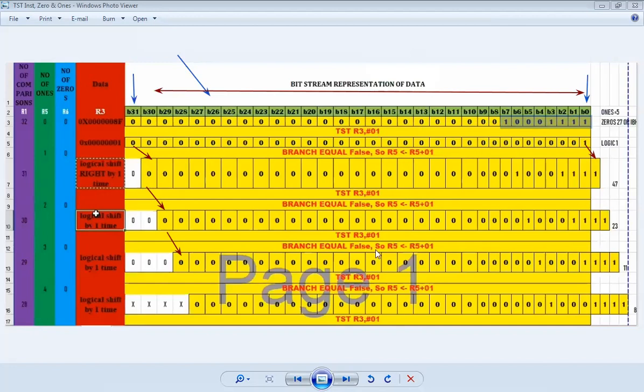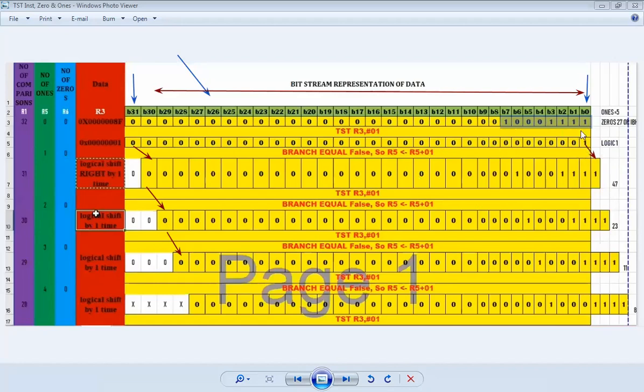When we do an ANDing operation, there isn't any change in the data. When we do the ANDing operation on R3, does it reflect on R3 or not? No, that's what the result is. It is not affecting anywhere. Only the flags are affected. That's what I'm trying to say.